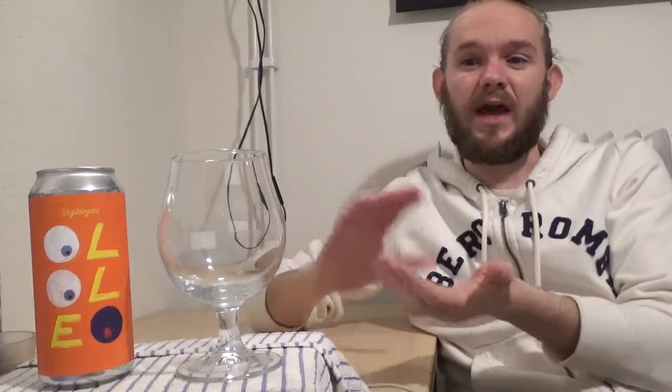I haven't reviewed too many of the Stigbergets sours for you, but it still seems to be mainly IPAs that these guys are producing. But they started selling their beers in 440ml cans, and this means that they're able to export a lot more as well. It used to be the 330ml bottles that they were releasing a lot of things in. But they now have a brew team of Ollie Banks, who used to work for Beavertown in London, and also